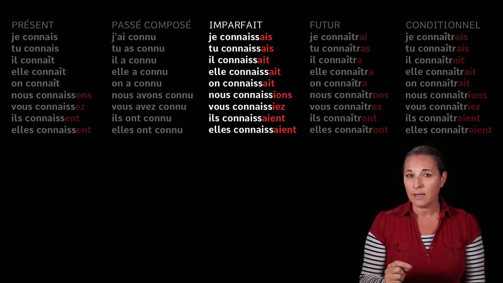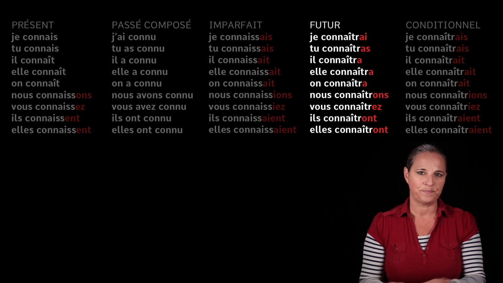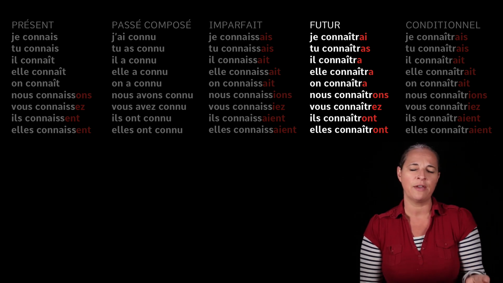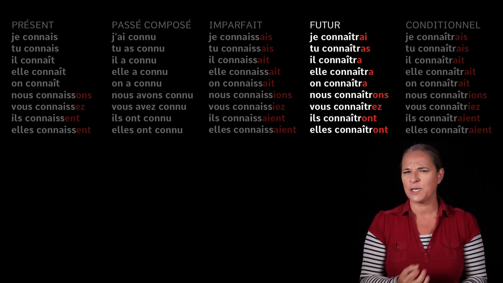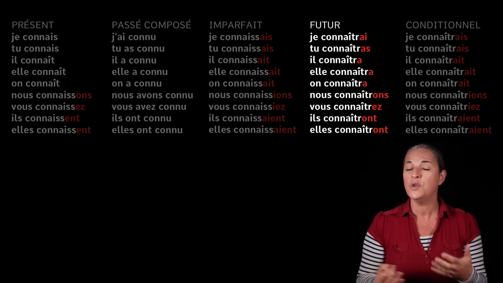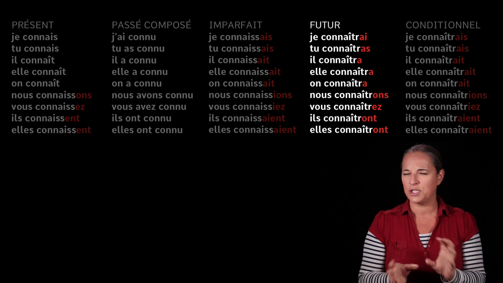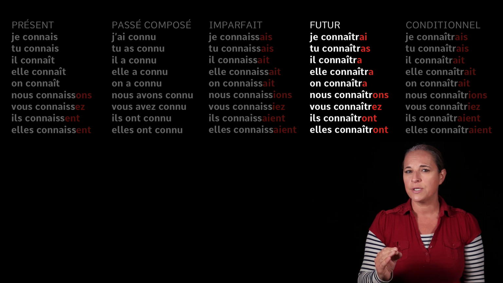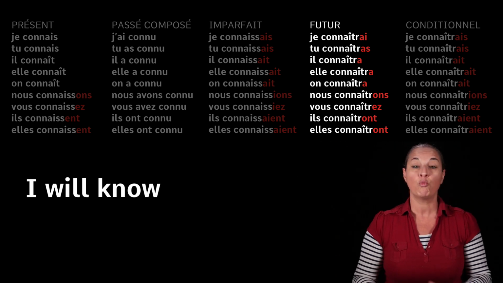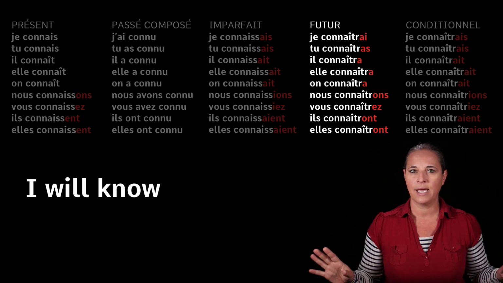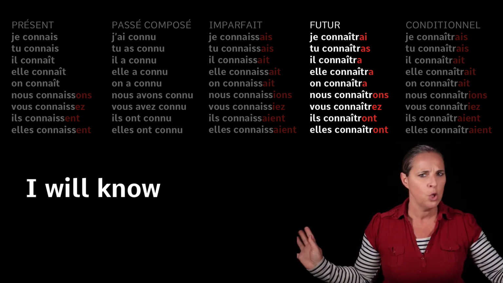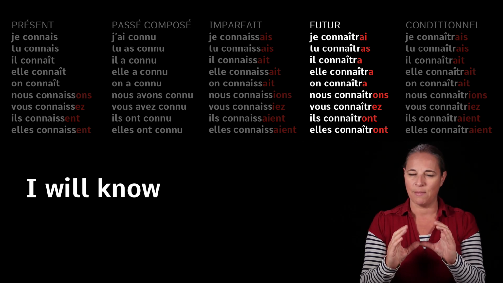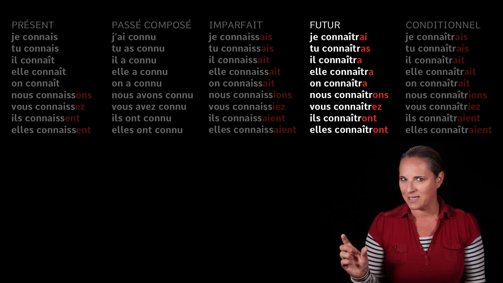So let's have a look at another tense, which is the future tense. The future tense of connaître is slightly more simple, and it happens for a lot of irregular verbs as well, though sometimes, especially for the verb to be or to have, the stem changes completely. But let's have a look at connaître in the future tense. Now we want to say I will know, quite simply. We do not have a word for will. Doesn't exist, you know, will, would, should, could, no. Okay, so we want to say I will know by using the proper stem and the proper future endings.